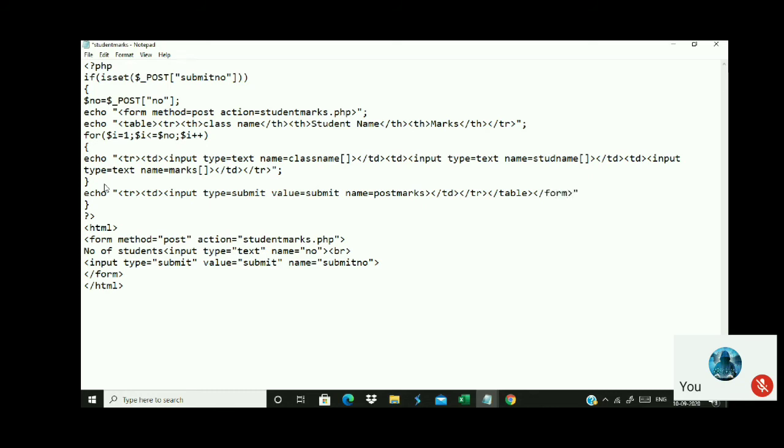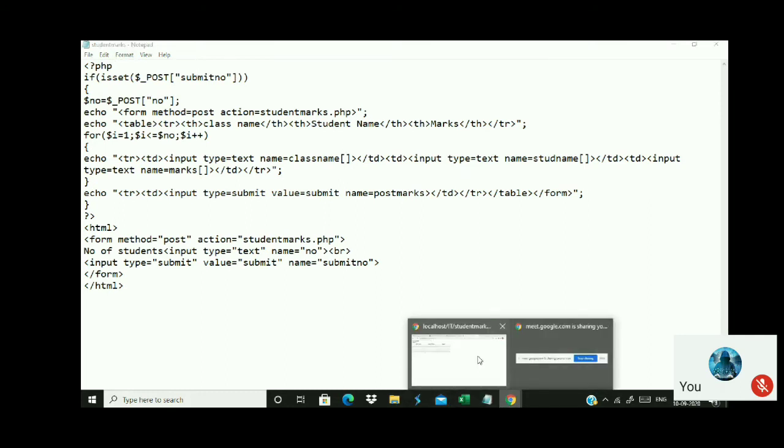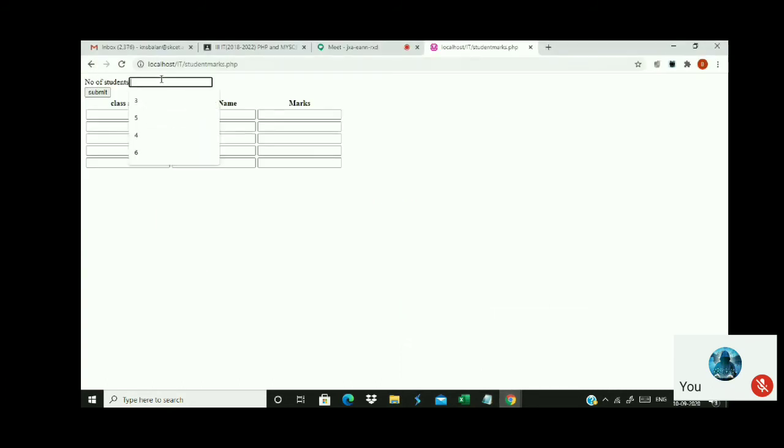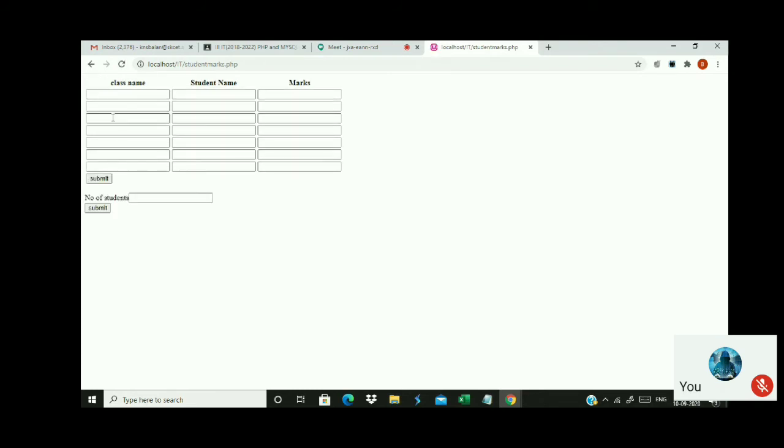Okay, that's it. Now the second portion, the middleware portion, is coming to an end. Some small portion is to be done to store the data inside the database. Listen carefully. Now I'll refresh it. So I enter 7 students. So what happens? Now listen here. The names are appearing, and the submit button is here. When I press the submit button, all the data will be posted over here.